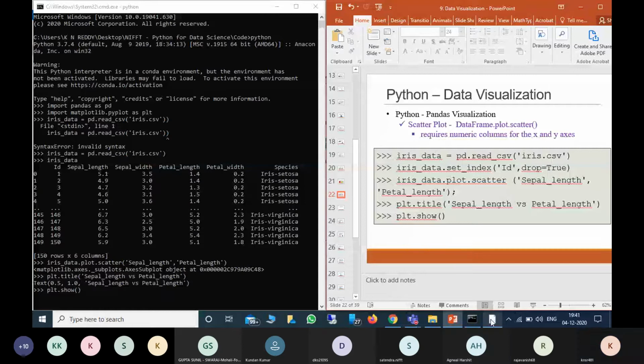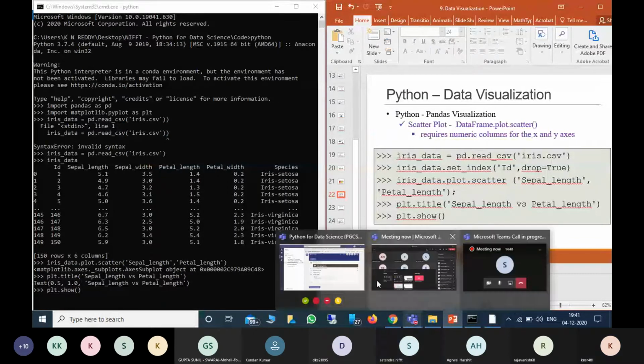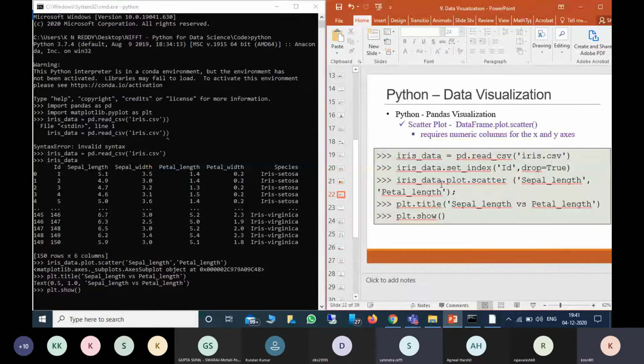Sir, in Matplotlib we did the same. Yeah, we did the same, but that function is different and this function is different. For example, if you are working with pandas, you don't want to use that function directly for that data set. You can use this iris data, which is a data frame, and plot scatter or line directly.